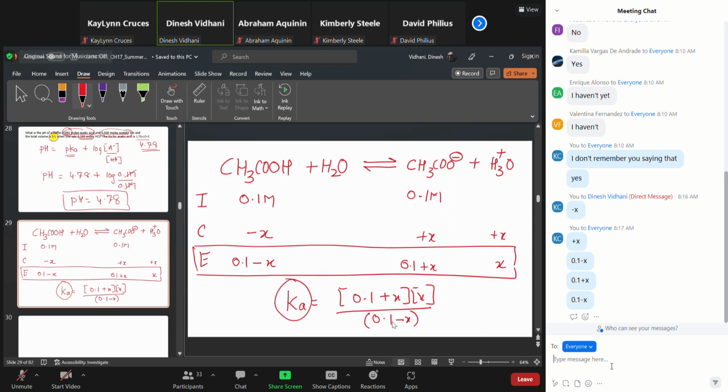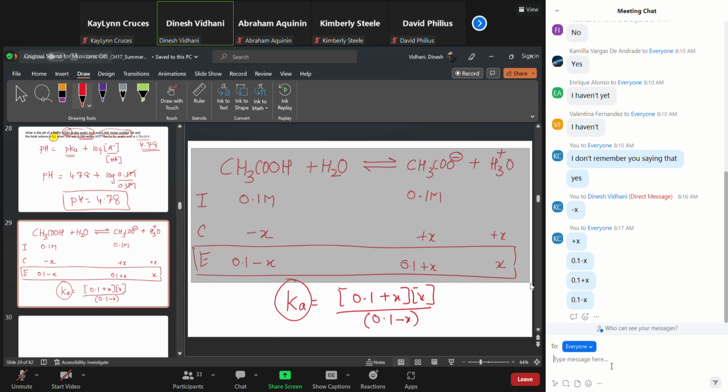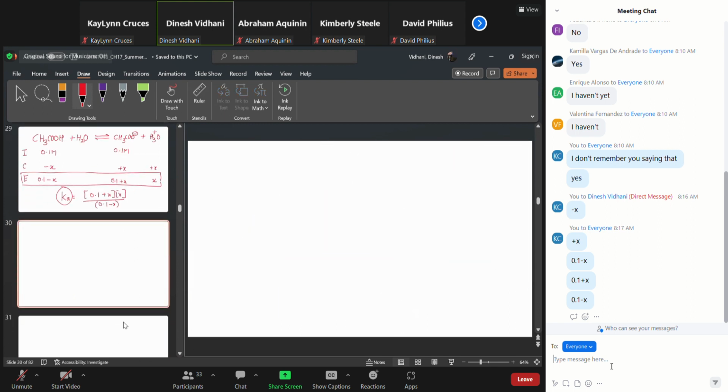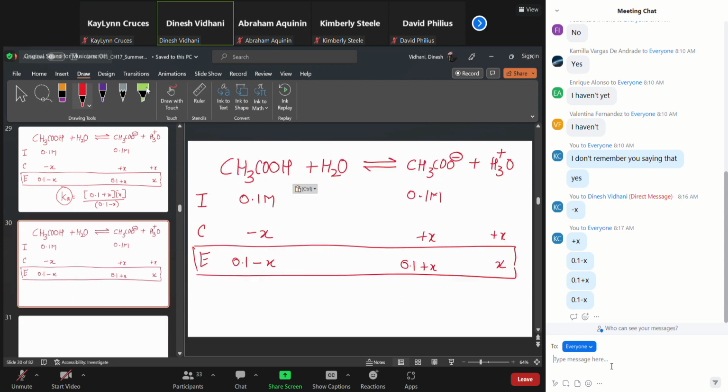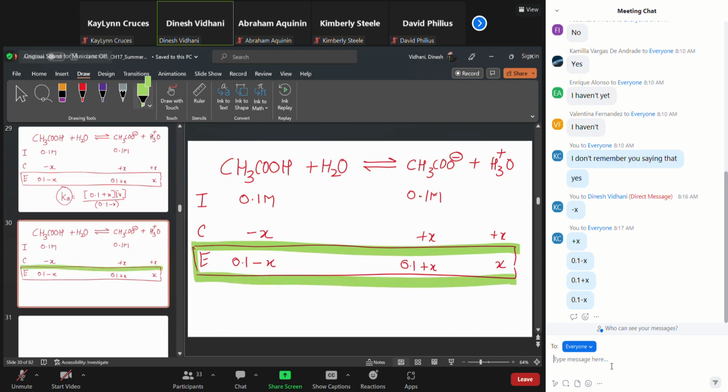Okay. Now, what happens if this equilibrium is disturbed? If I add HCl to this equilibrium. Now, before I do that, I will copy the whole equation one more time onto the next slide. Now, this equilibrium is already existing. Now I'm adding hydronium ion from outside. Can you tell me what would happen if I'm adding hydronium ion from outside? Before you answer that question,